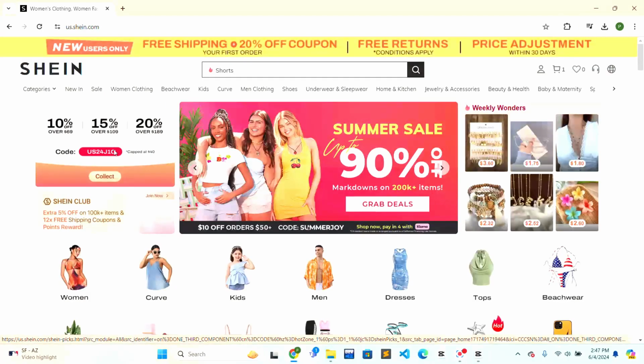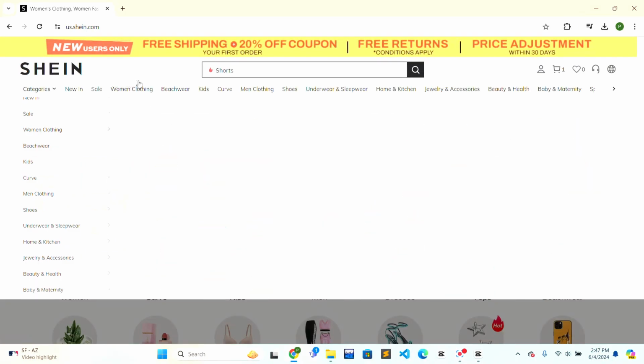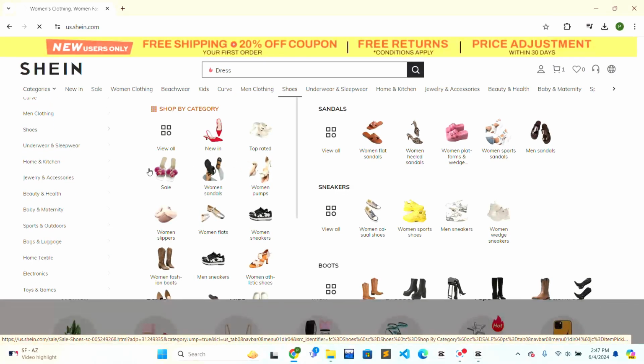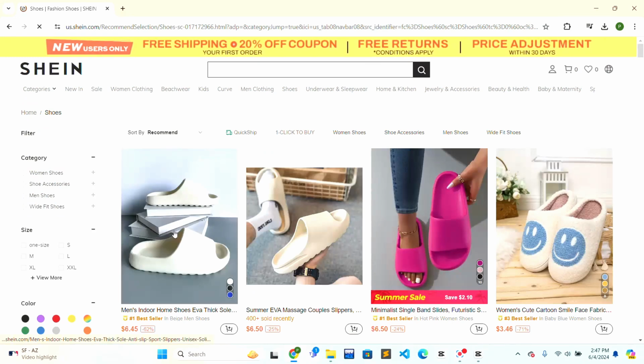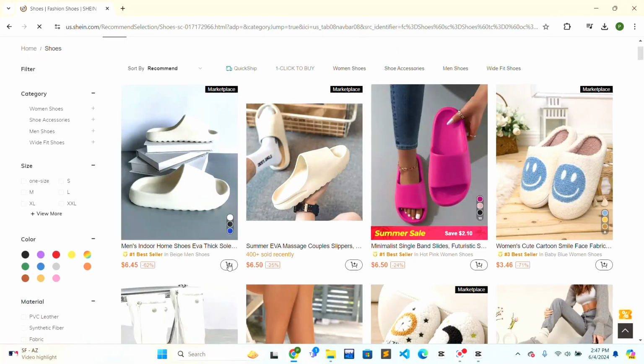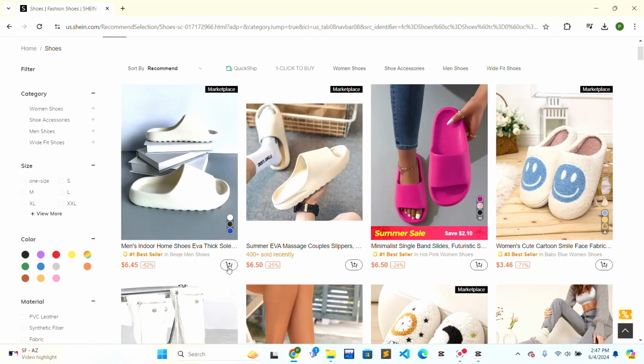And in order to know your shoe size, you just have to look at the taskbar, and here will be a shoes section. You just have to click on the shoes section, and the shoes section will be opened, and you just have to choose the shoes that you want to buy, and you can just click on the cart option. On every product there is a cart option in the right corner, so you just have to click on the cart option,